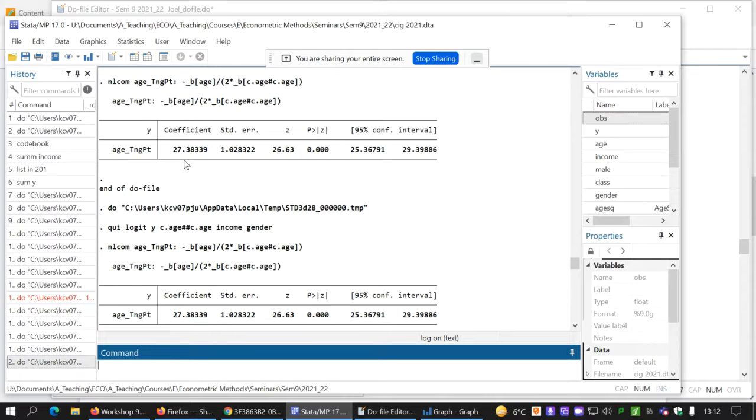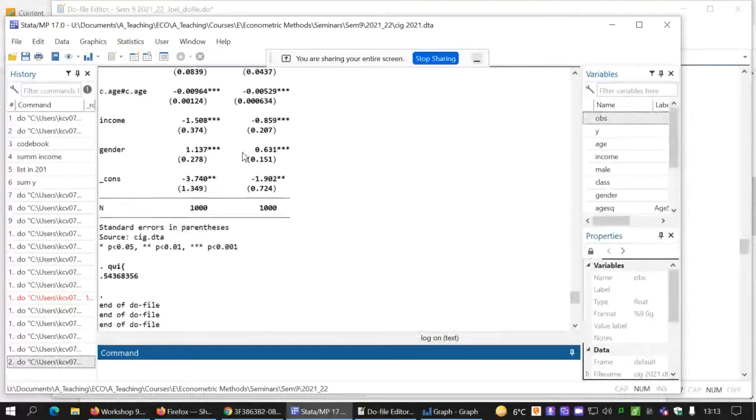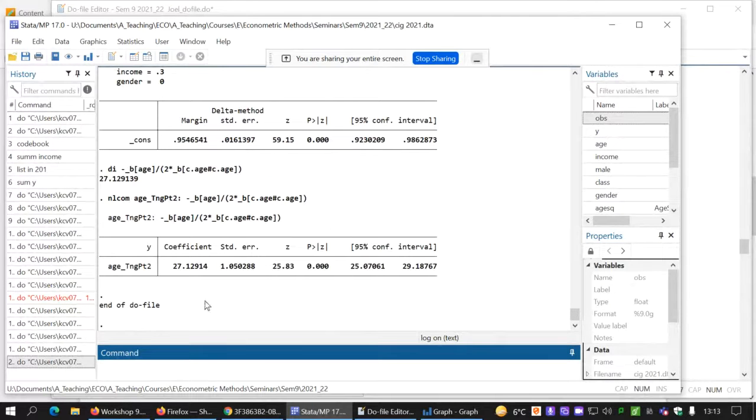Because when you're using the estimation process, all you're getting is a predicted probability that you'd have to put through a mincer to get the actual value out, right? Whereas the marginal effect is easier to interpret. So here's the marginal effect from the Logit model, 27.38, and here's the marginal effect for the same person using the Probit model,